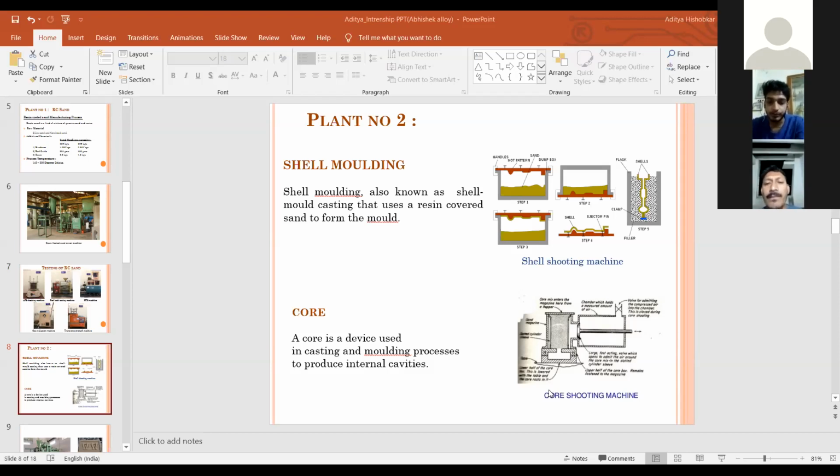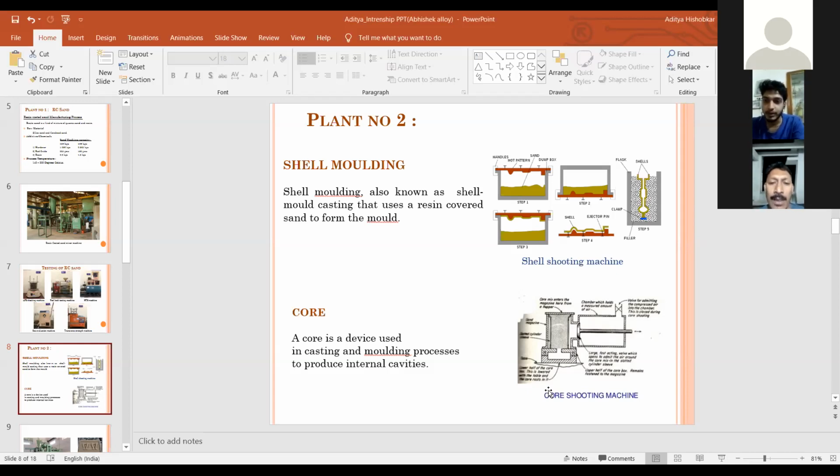Sir, have you seen any examples of shell molding and core molding in that foundry? Yes sir. For shell molding, we were using gear housing, cylinder heads, and connecting rods. In core molding, there were manifold, air inlet cover, and after-cooling parts that are used in power generators, and the spring brackets which are used in automobiles.